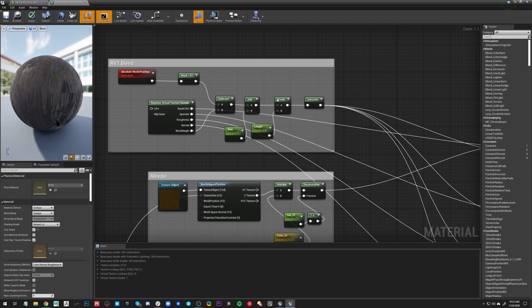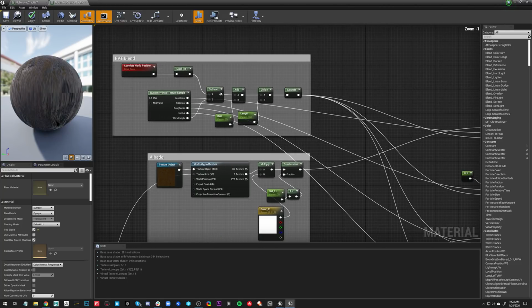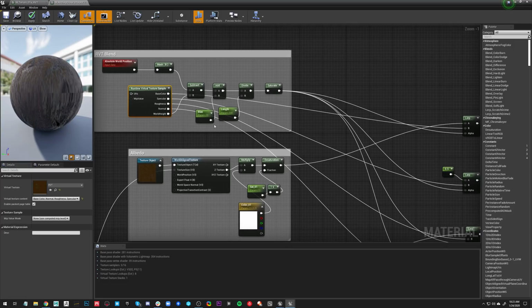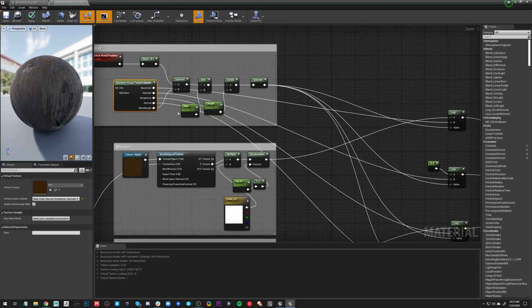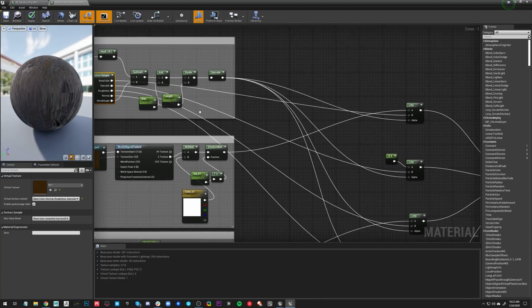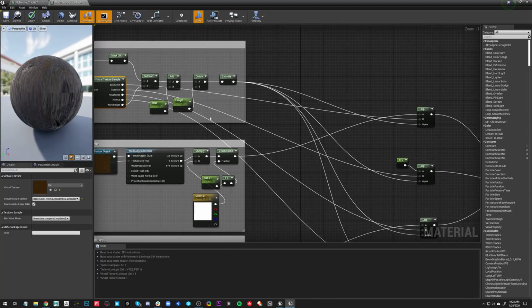So what I'm doing here to blend everything is I'm using the runtime virtual texture sample node, and basically I'm taking the world height and using the world position and masking the B, so basically the Z height, and I'm subtracting the world height from that. And then I'm just plugging this into some parameters that allow me to control the kind of falloff from when it intersects with the terrain.